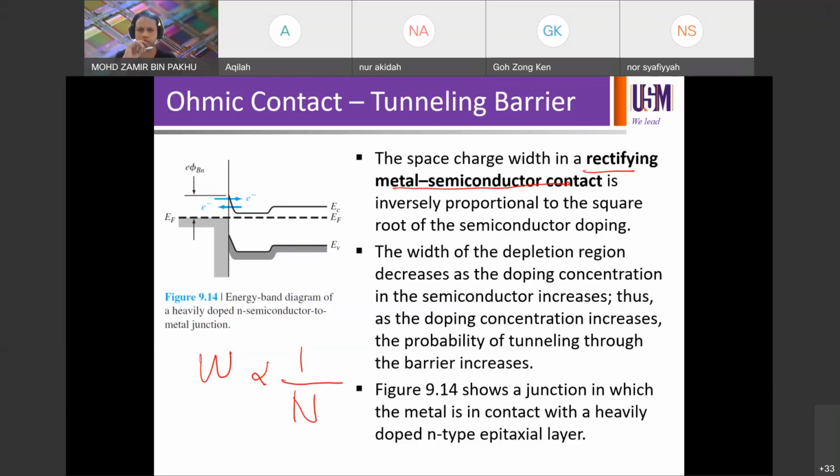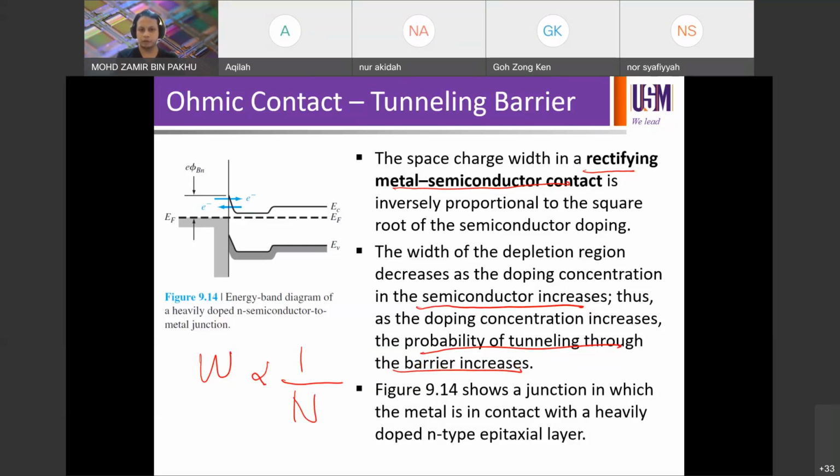So if the doping keeps increasing, if the doping is high enough, the depletion width is getting smaller and smaller, and that will increase the probability of tunneling through the barrier. When the barrier is getting smaller and smaller, it's a lot easier for the carriers to cross, because the barrier is not great enough. Okay, so if you look at this,